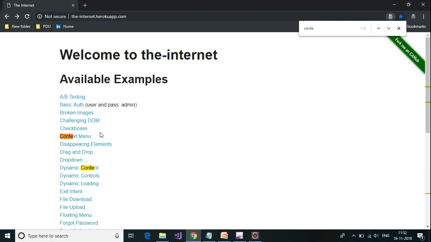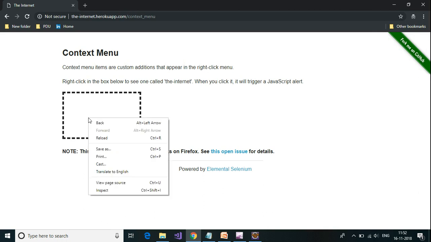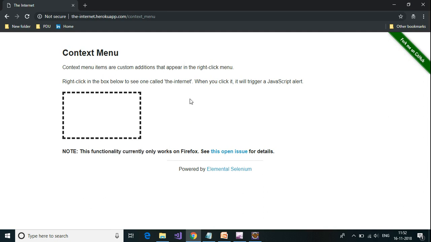context menu. To use the context menu, we need to use the mouse control. This is the actual control, and if I right click on this, then I'll be getting this context menu. How to use this context menu, we will be taking a look. This functionality currently only works with Firefox. Since I don't get the option here in Internet Explorer, for this particular test case, I'm going to use the Firefox driver